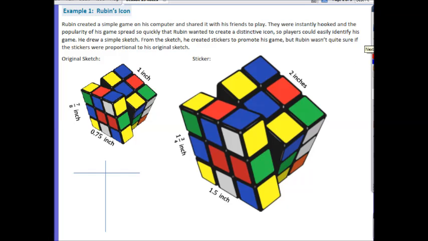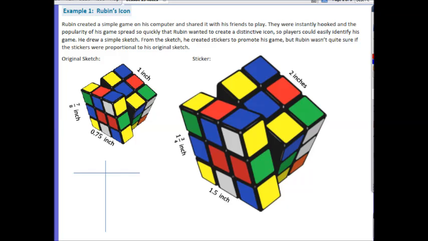So let's start with example 1. Ruben created a simple game on his computer and shared it with his friends to play. They were instantly hooked, and the popularity of his game spread so quickly that Ruben wanted to create a distinctive icon so players could easily identify his game. He drew a simple sketch. From the sketch, he created stickers to promote his game, but Ruben wasn't quite sure if the stickers were proportional